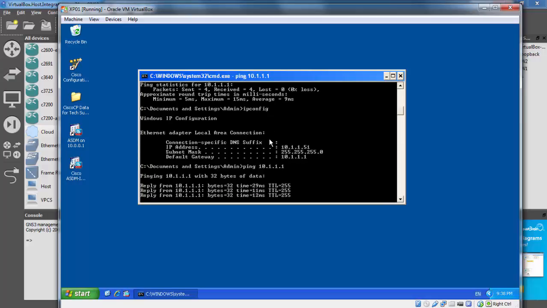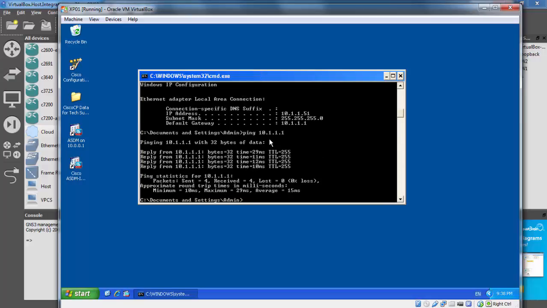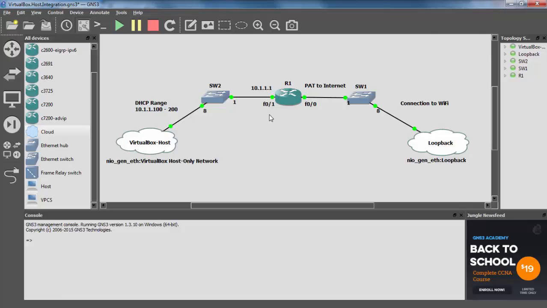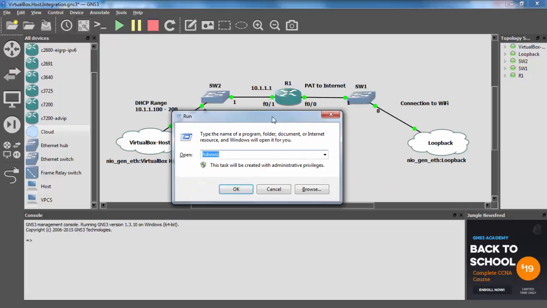If you missed that video, please ensure you go back to my blog and watch that to get you up to speed. Now that we have our VM tied in here, using our cloud and our VirtualBox host-only adapter, what we'll want to do is create a Microsoft Loopback adapter in your Windows operating system. So in order to bring up a Microsoft Loopback adapter, you'll want to open up a run dialog and type